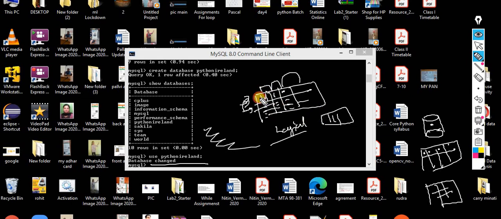Let's suppose the first column is the integer column. Then the first value should be an integer value whenever you are going to store the data. The next is a string value, then the next value should be string. Otherwise you will get the error, because I specified this schema. This is my schema that I am going to define. It is mandatory. It is the requirement of MySQL.